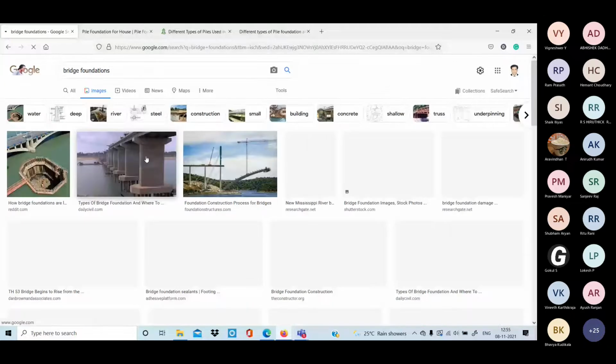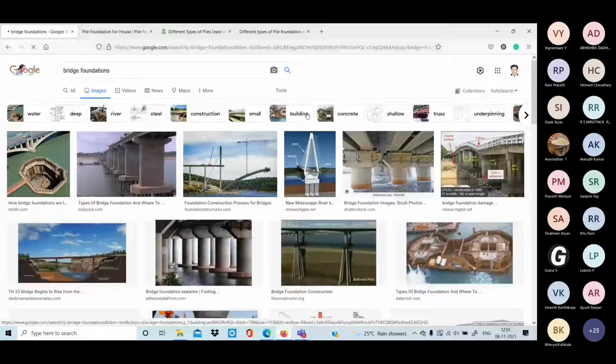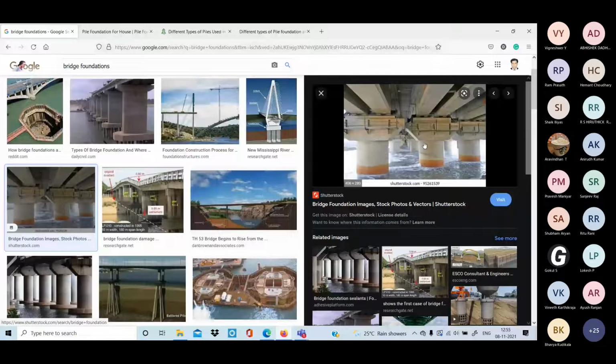So how big is it? We call it piers, not piles. Piers. Piers means bigger diameter. So look at here. While constructing, we'll stop the water. We will divert the water, like they have done here. So divert, and we'll have casing, and below that they are constructing the pile foundations. These are the diaphragm walls, where we use sheet piles and other things. So we divert the water, then we take that water out, and what we'll do is